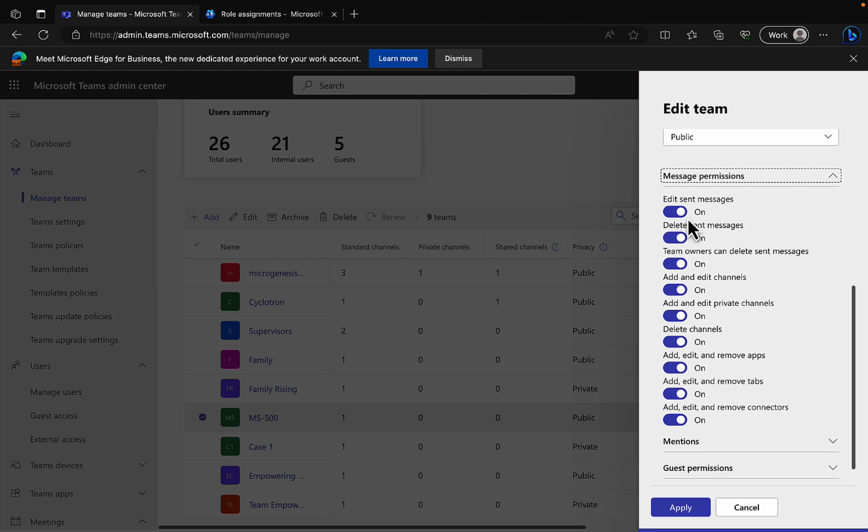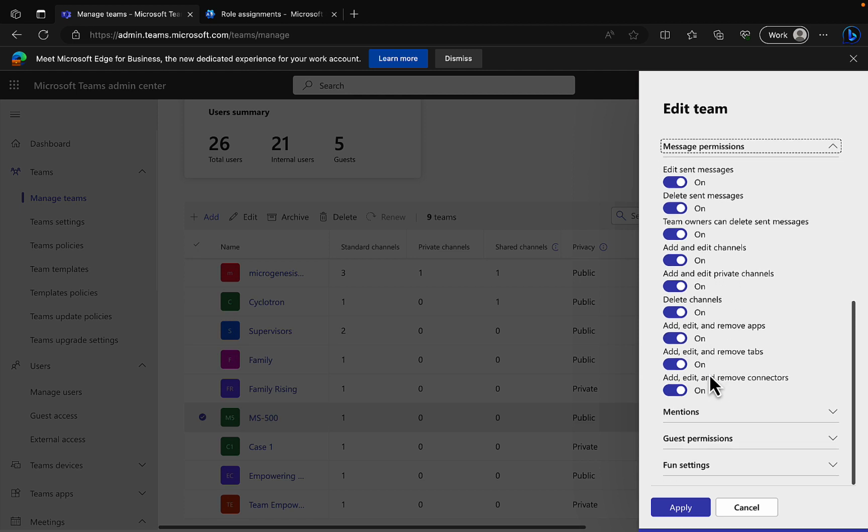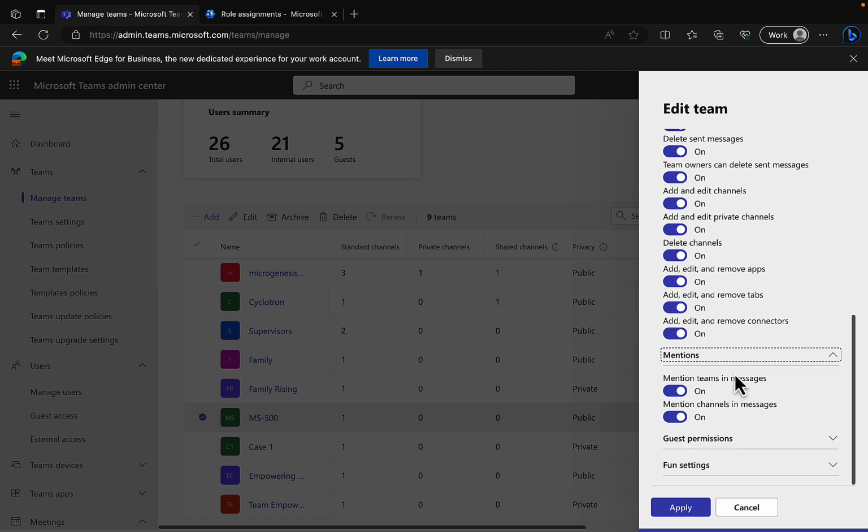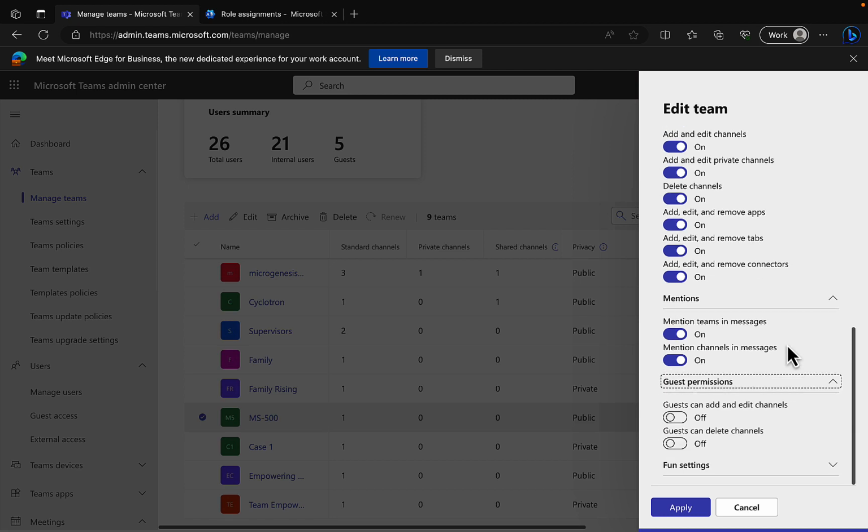Can users who are members of this team edit sent messages? Can they delete sent messages? Can team owners delete sent messages? There's a lot of options here that we can configure. Mentions, are mentions something that you can have within the team? So mention teams and messages, mention channels in messages. So when we're talking about mentioning, we can use that at option, so we can at users and we can at channels. What can guests do within the team? So guests can add and edit channels, guests can delete channels, so we can toggle those settings on and off